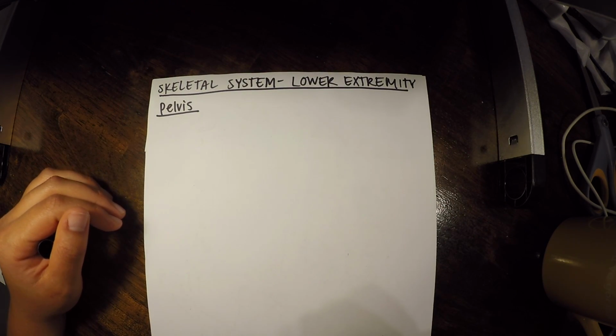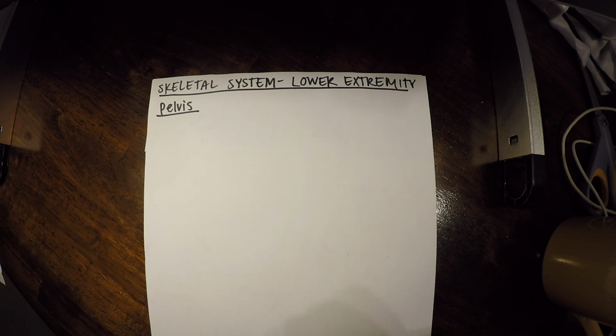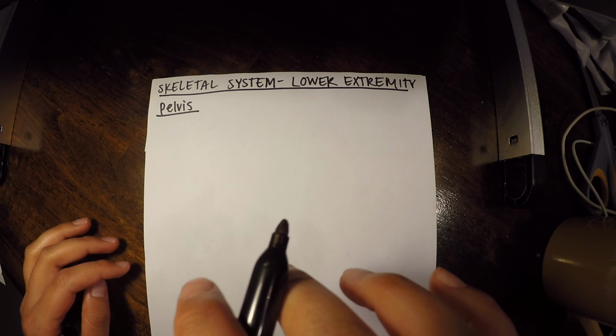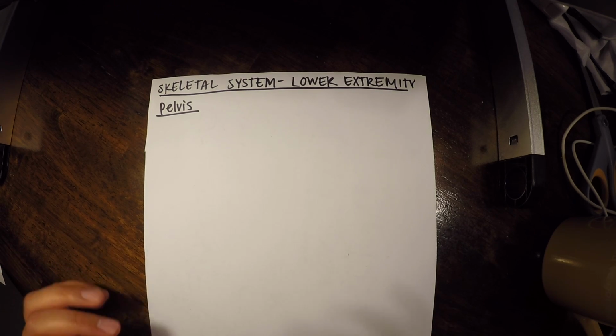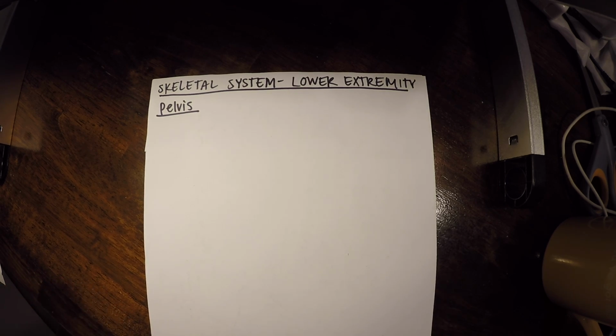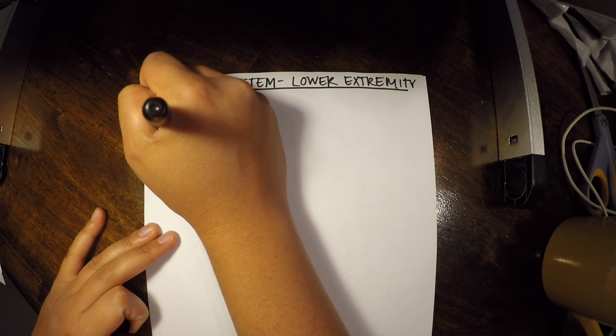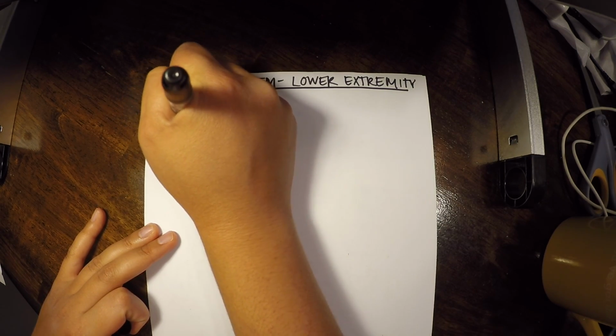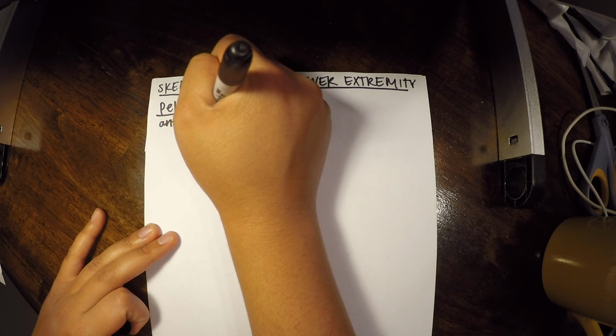Now I'm going to do basically a variation of an anterior view of the pelvis. I'm actually going to call it an antero-superior view because it's like we're looking at the front, but we're also looking at it a bit above just so we can get a better view of something. So it's kind of a combination between an anterior view and a superior view. So that's what I'll write here. Antero-superior